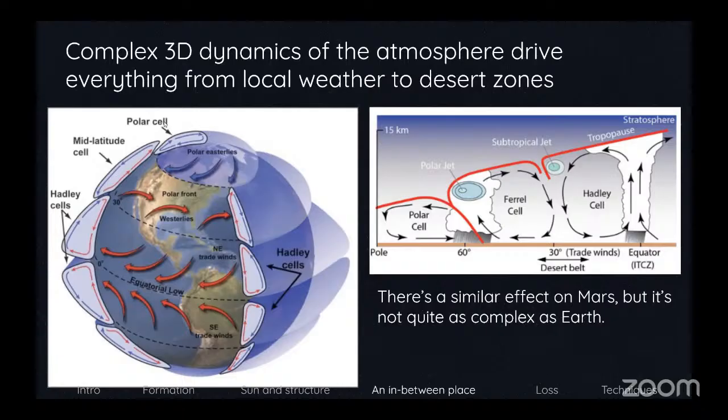So we've got these multiple different circulatory cells. They're called Hadley cells, and I guess as you go up in latitude, they may change their name to other types of cells. And you might have heard some of these terms before, especially with regard to different types of wind, like westerlies, easterlies, trade winds, and this kind of depends on where on the planet they are.